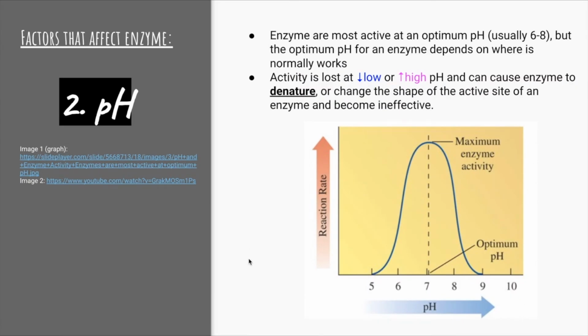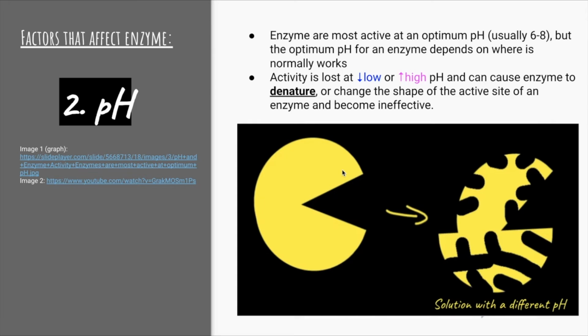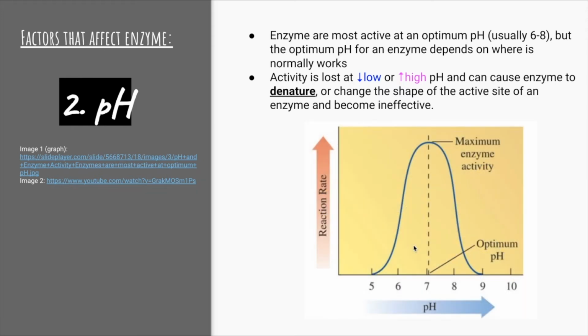The second factor is pH. pH can also affect enzymes because when you change the pH of the solution the enzyme is working in, your enzyme becomes misshapen or denatured. So let's say that this enzyme right here is put into a new solution, could be acidic or basic, but if the pH is different enough, it changes the shape of the enzyme, causing it not to bind to its proper substrate. So yeah, the graph right here shows you a vertical line in the middle, indicating where the enzyme works